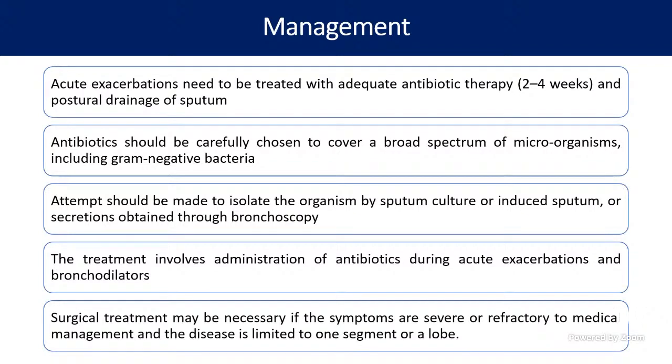So we have to give bronchodilators along with positioning of the baby, because postural drainage of the sputum has to be done. And sometimes the lobes are so affected that the child is not able to manage it. Sometimes a lobectomy should be done, or sometimes the infection is so much, or they may have complications like empyema and all those things. We need to put an ICD also. Okay, so lobectomy also may need to be done.